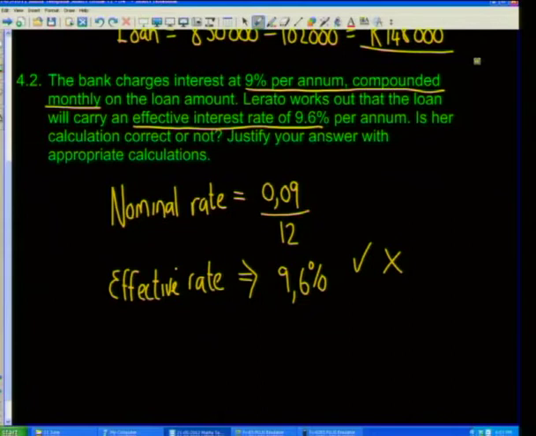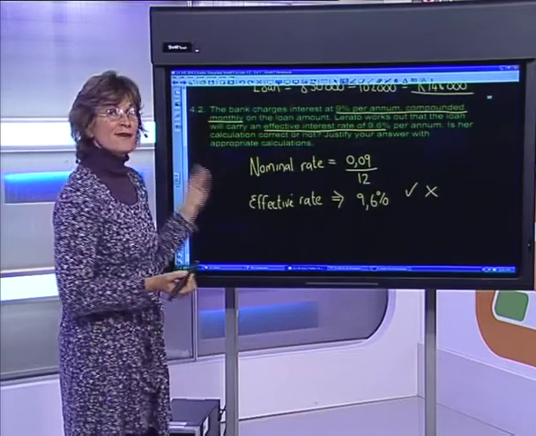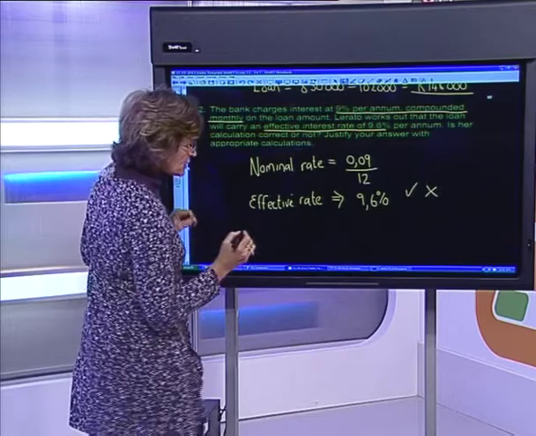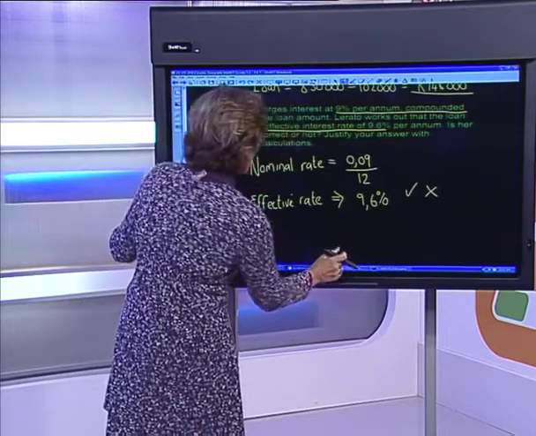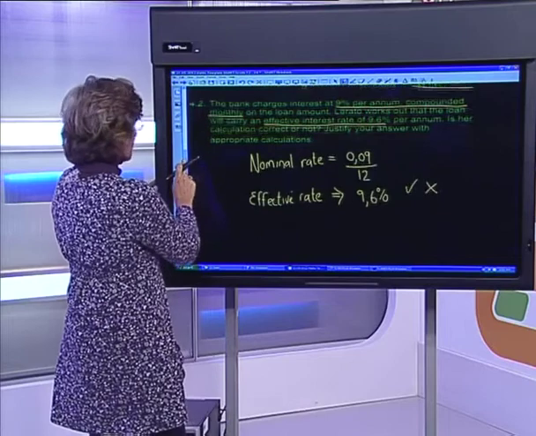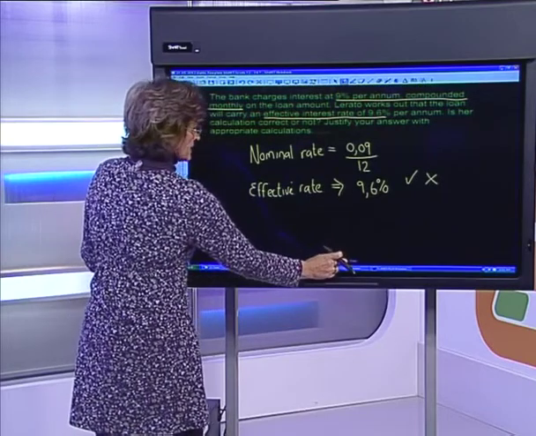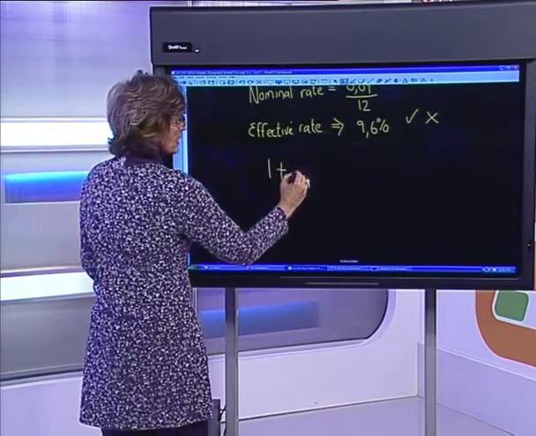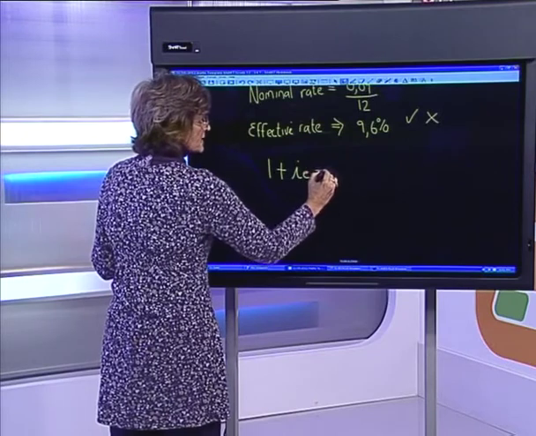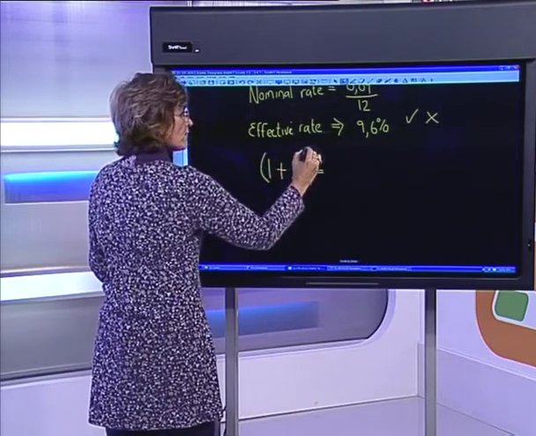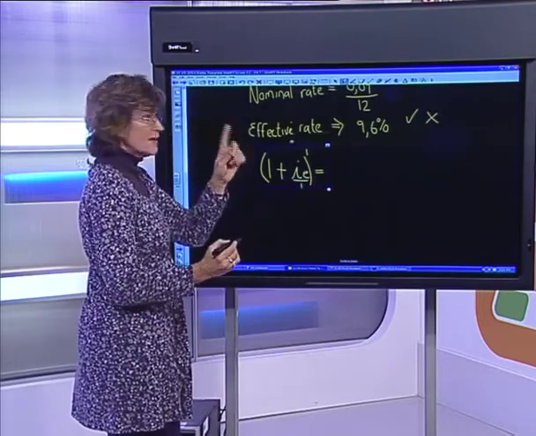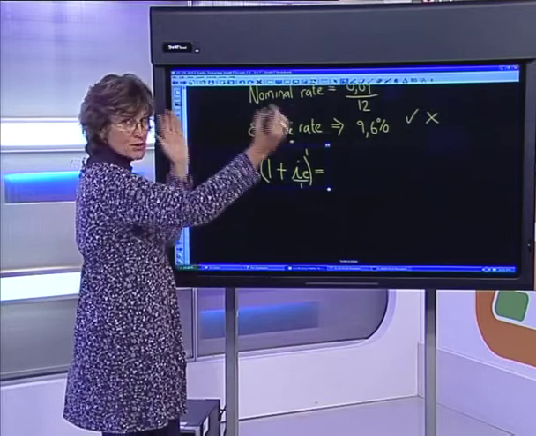Is her calculation correct or not? Now, obviously, that is a yes or no answer, but you have to justify with appropriate calculations. So here, guys, what we really need to be able to do is calculate from an effective rate and a nominal rate. So we have a formula which says that 1 plus my effective interest rate, to the power of 1, because it's one payment in the year and over one time period, in other words, a year,